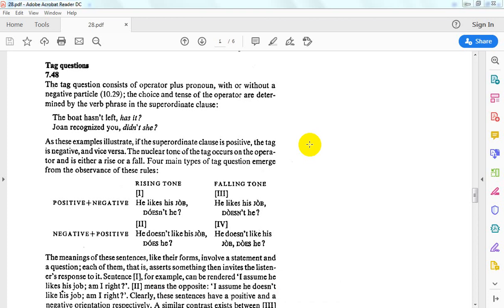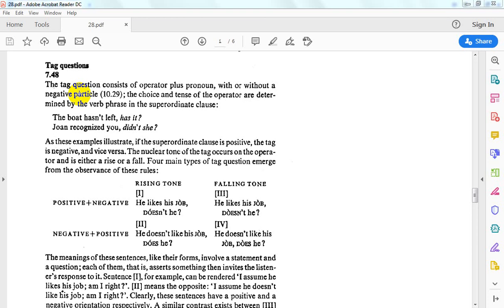Another dimension of yes/no questions is what is called the tag question. All of us know from the early stages of our study that when we have a sentence, if it is positive, we make the question negative; if it is negative, we make the question positive. We used to call it the tag question. Okay, so